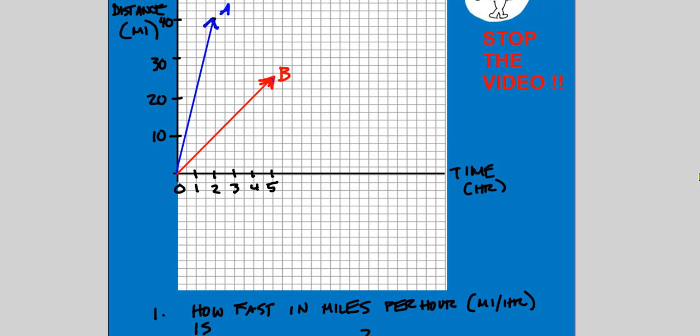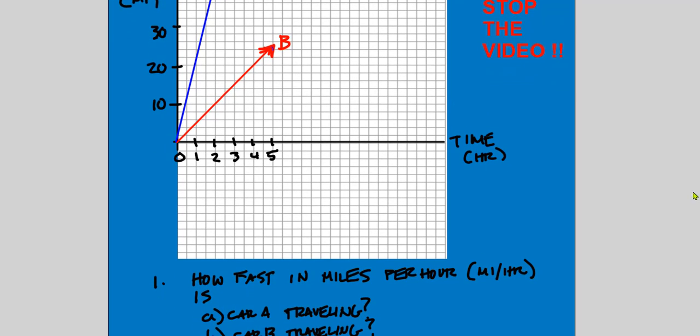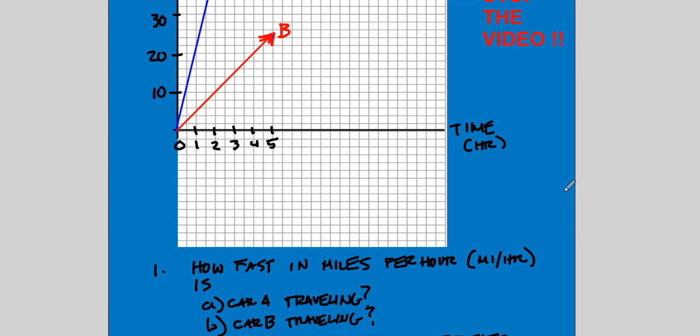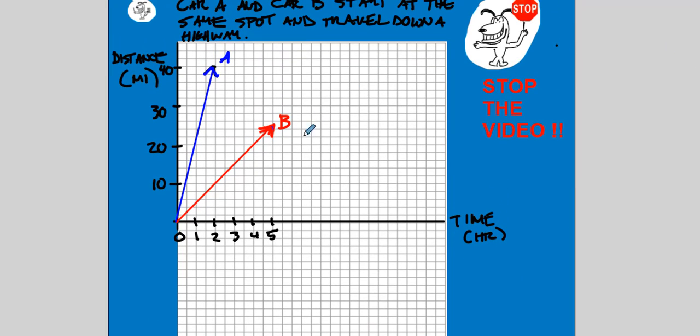So I want you to answer these questions. We'll do one at a time here. Question 1 is, how fast in miles per hour is car A traveling and car B traveling? Now they're traveling at a constant rate because the graph is a straight line. But I want you to stop the video and calculate